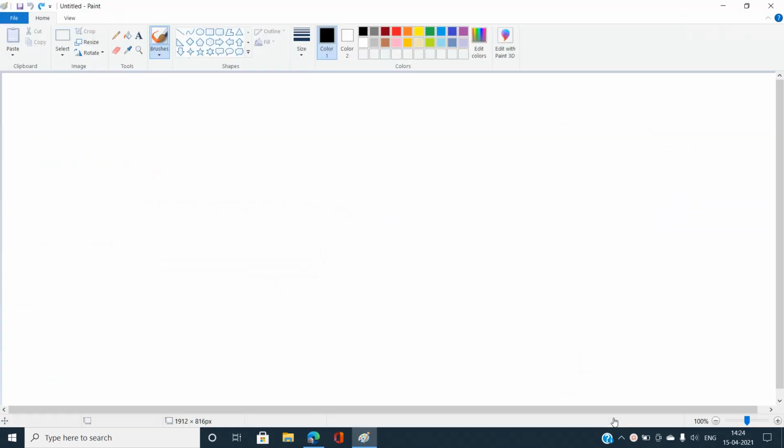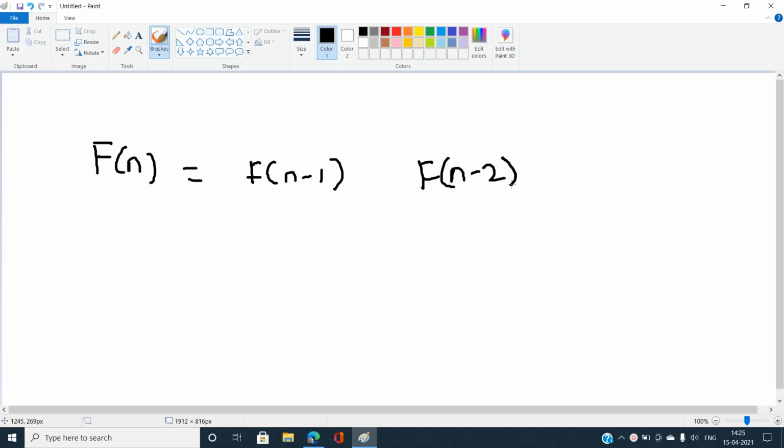If we need to calculate the value of Fn, we need to know the value of f of n minus 1 and f of n minus 2, and sum up these two values. If we need to calculate f of n minus 1, we also need to know f of n minus 2 and f of n minus 3, and sum up these terms.